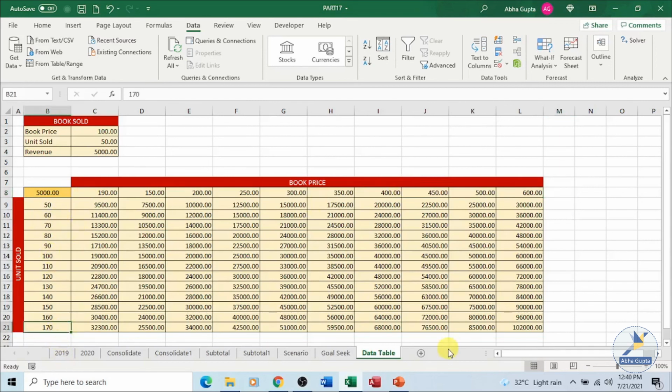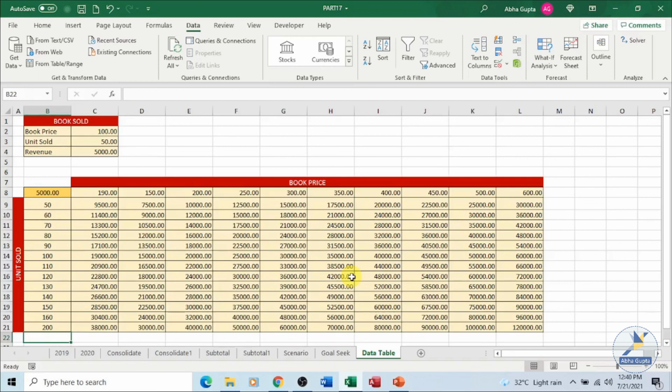Let's make it 200. Similarly, the changes are being made in the data table in front of you. So this is also an easy way to make changes to one or two variables to see the result in the target which we are trying to achieve.